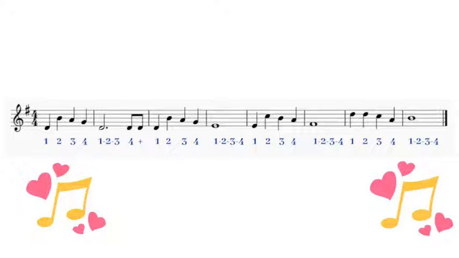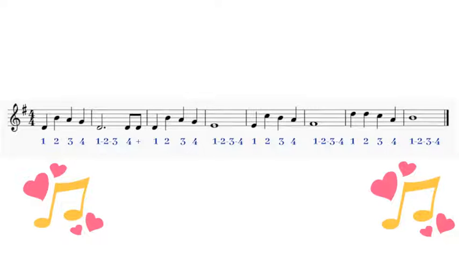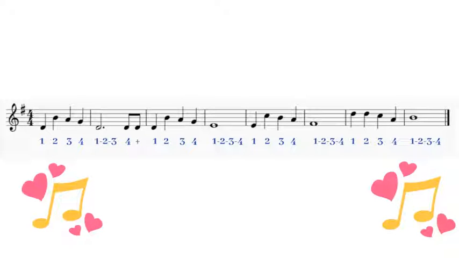All right, and without further ado, here is this week's rhythm. So the first thing I want you all to notice is the time signature. Those are those 2 numbers towards the very beginning of the piece. This piece is in 4/4. So that means we're 4 beats per measure, quarter note gets the beat. Can you say that with me? 4 beats per measure, quarter note gets the beat.